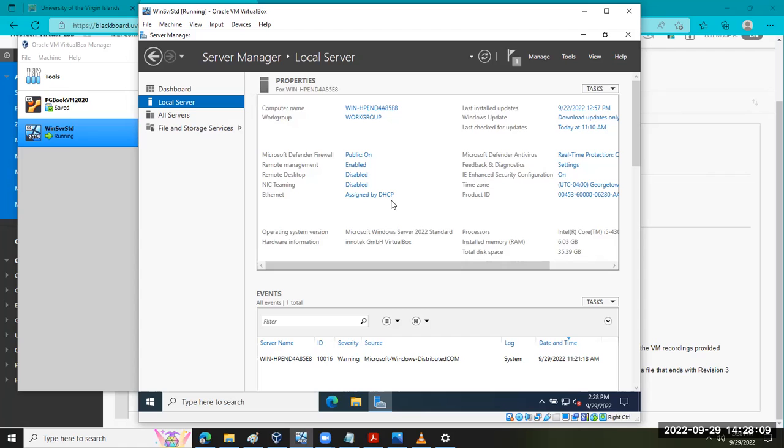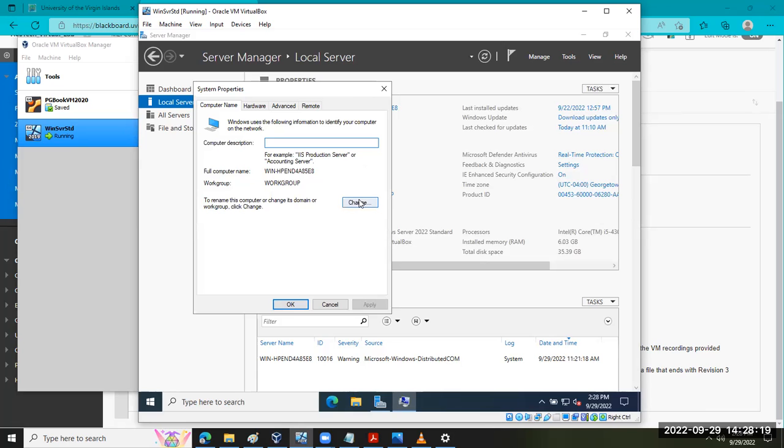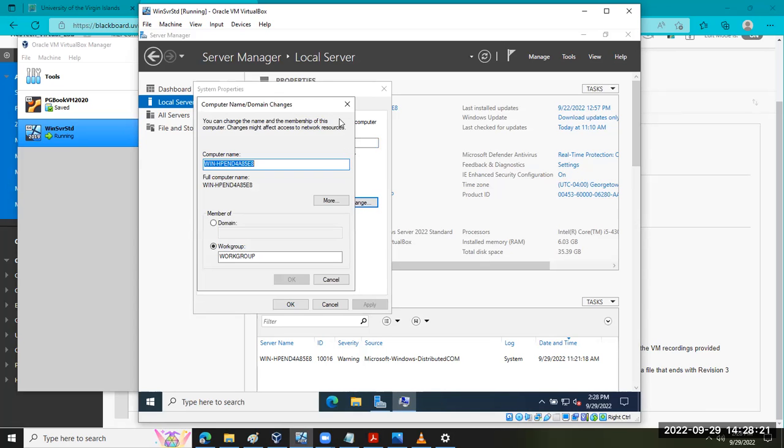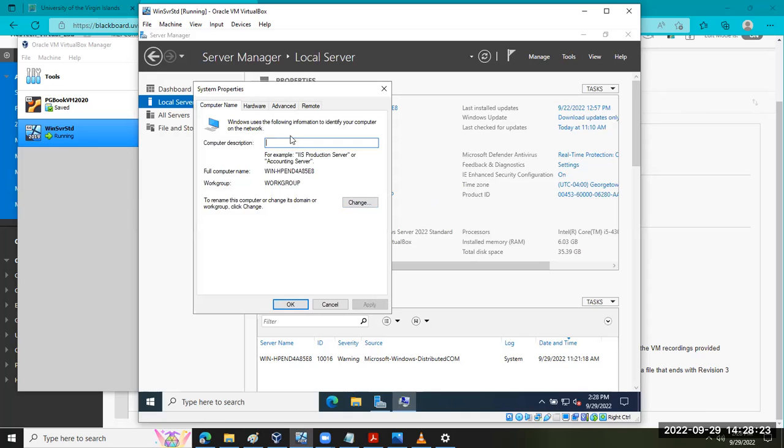Okay. Now, one last change I'm going to want to make, and then I want to take work group and the name and click on it and change it. Now, I don't want to change it here because if I change it here, I'm just changing the description. You want to click the change button. This happens all the time. People say, oh, I changed my computer name, and it still has this gobbledygook randomly assigned computer name. I want you to pick,